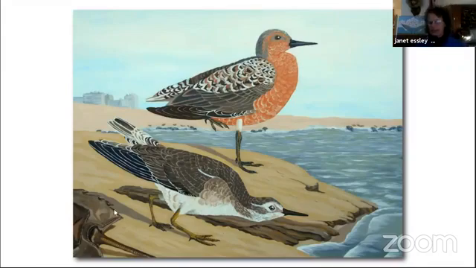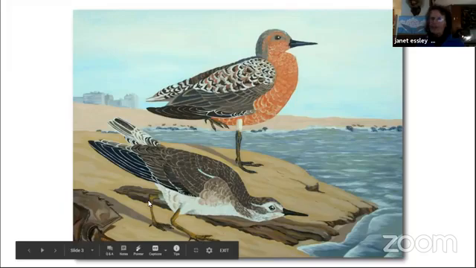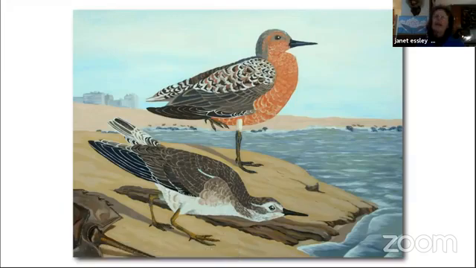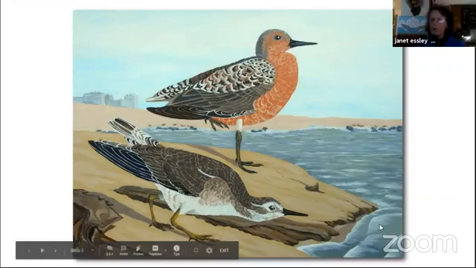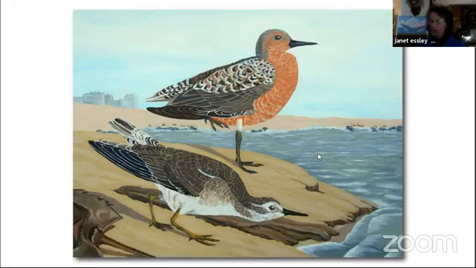Red knots are a selective molluscivore. They have the largest gizzard of any of the shorebirds relative to their size that is used to grind up mollusk shells, which is the basics of their diet. But when they get to Delaware Bay, they switch to horseshoe crab eggs. Now, to help those of us who are not selective molluscivores understand this, it would be the difference if, as a chocolate lover, you spent most of the year eating Tootsie Roll Pops and you got to Delaware Bay and there was a lot of dark chocolate truffles with dark centers.